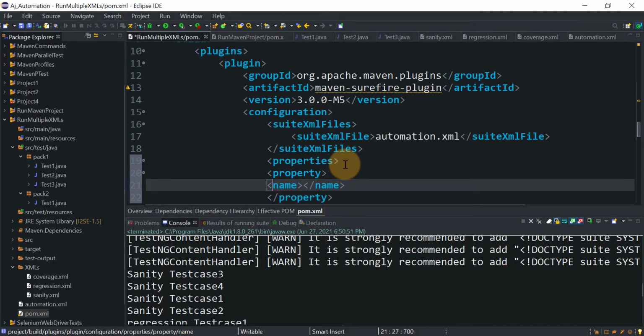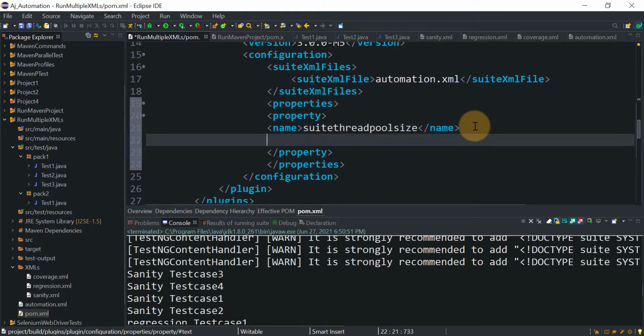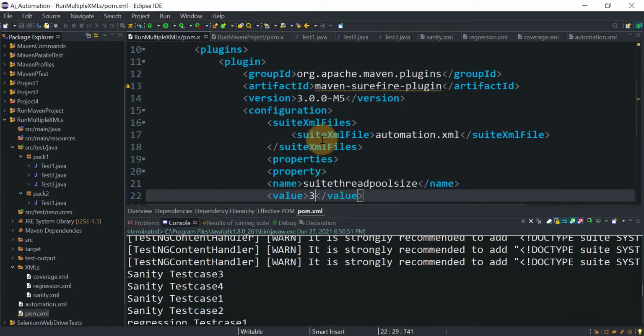My name of the property is suiteThreadPoolSize, and you need to provide the value now. You can provide value 2 or 3. By adding this property, whatever test cases you are running as part of this automation.xml file will start executing in parallel mode. We have added multiple XML files under this automation.xml, so that's why the execution of all the multiple XML files will start in parallel mode.